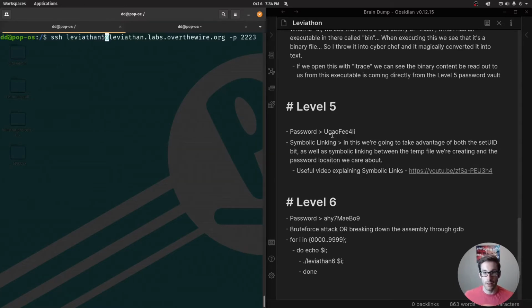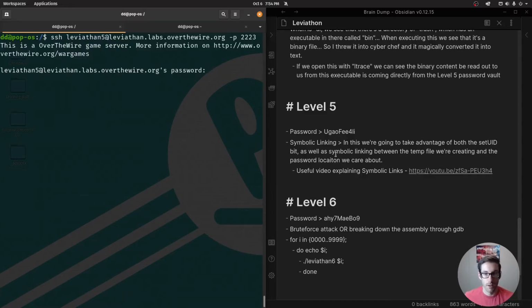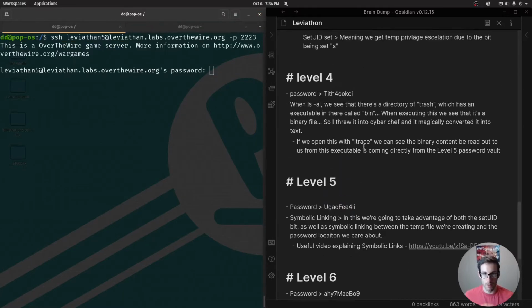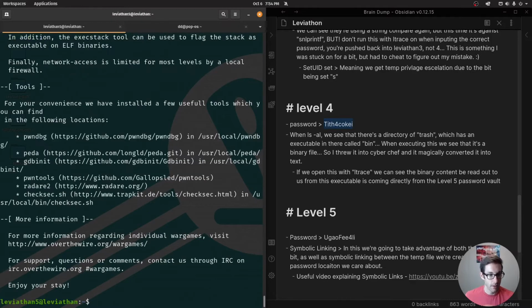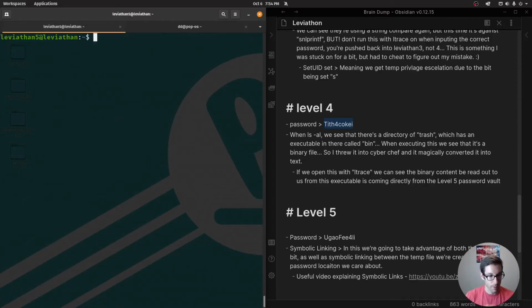All right, so Leviathan 5. We will SSH into that one, and we'll need to use our password from 4, not 5. Don't make that mistake again. All right, cool. So I'm gonna move this out of the way so we have full